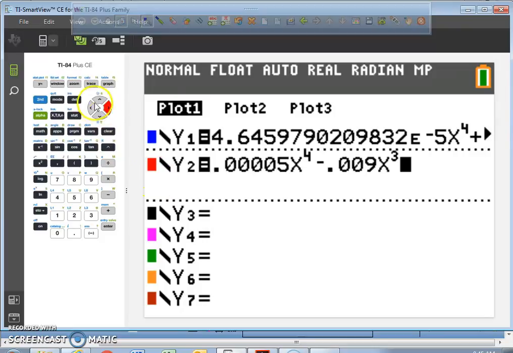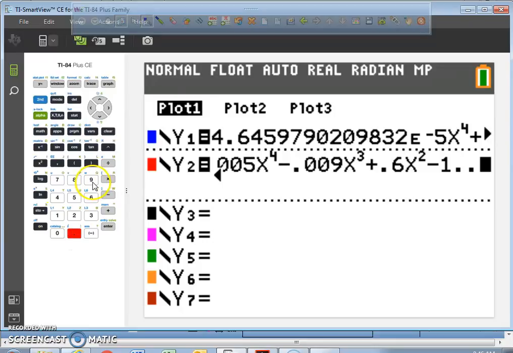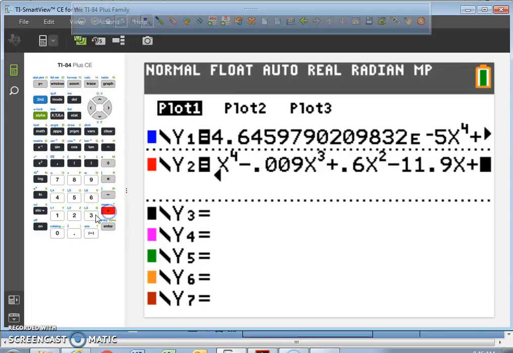What's the next one? Oh, I messed up right here. I'm supposed to put a subtraction, not a negative. So I got to put a minus sign right there. That's something to be aware of. I almost messed up there. All right, plus 0.6 x squared. Next one. Minus 11.9x. All right, and finally,